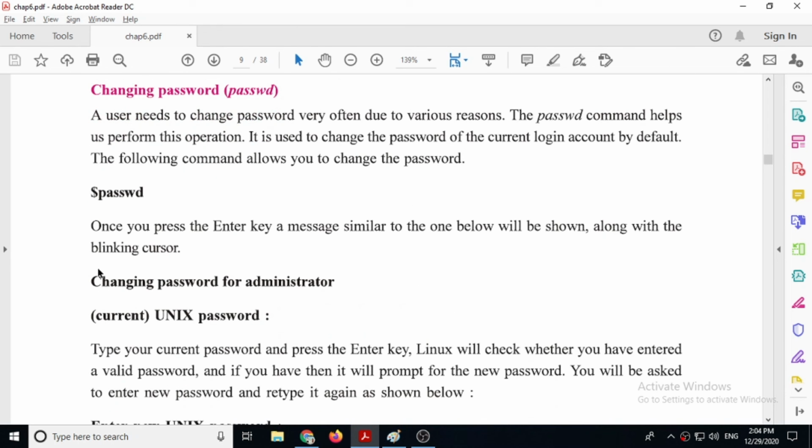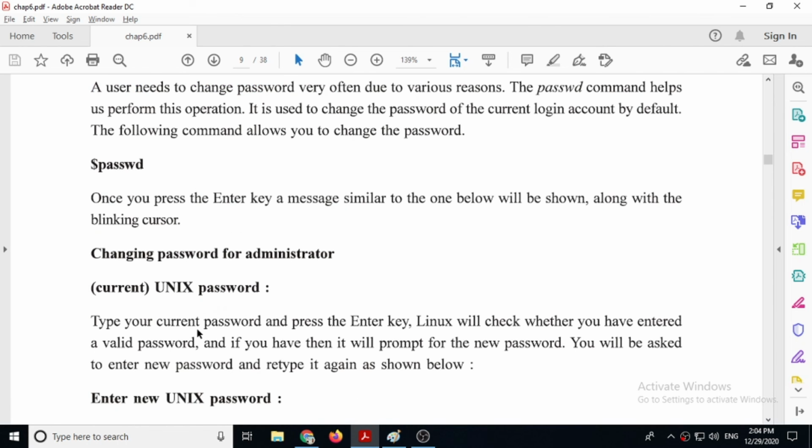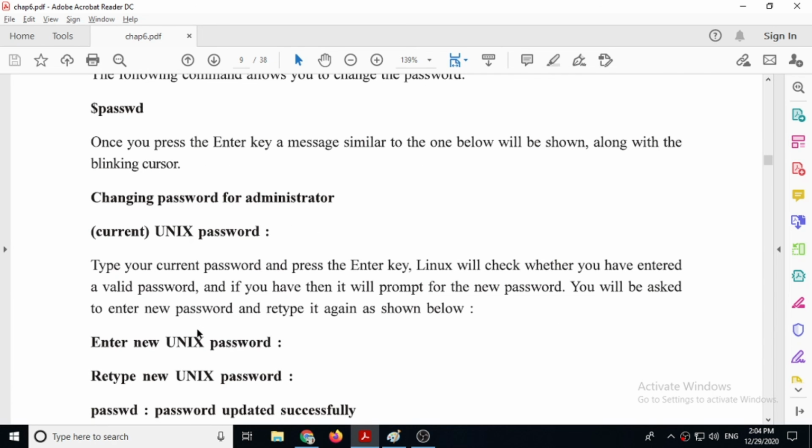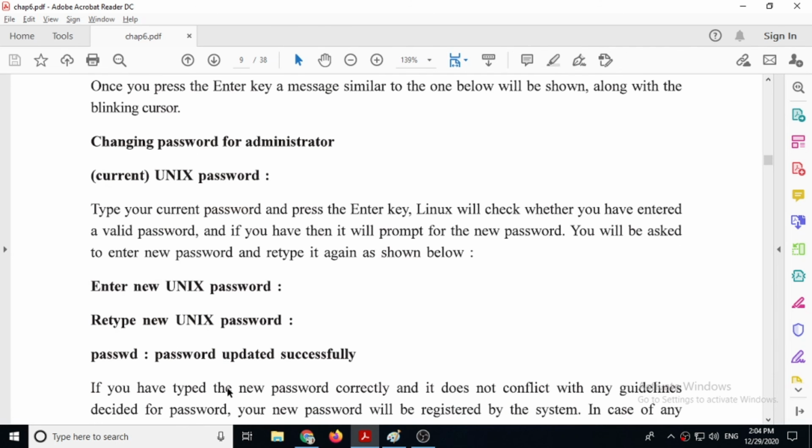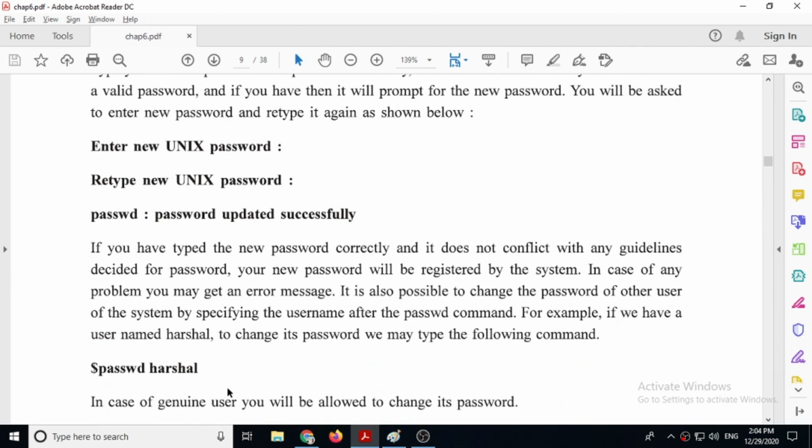Remember, it will ask you for the current password also, so you cannot directly make changes. First you have to give the existing password, and then you have to type the new password twice. When you type both correctly as the new password, it will show you the message: password updated successfully. So this way you can change the password.